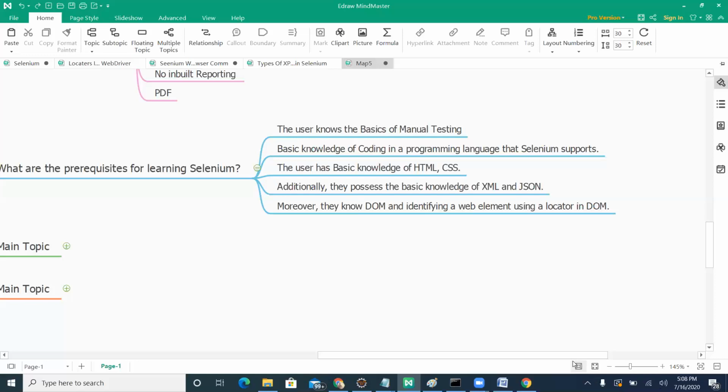You need that knowledge to identify elements and to write your XPath and other segments in your code. I'm going to teach how you identify the objects and how you work with HTML. This program includes that also.